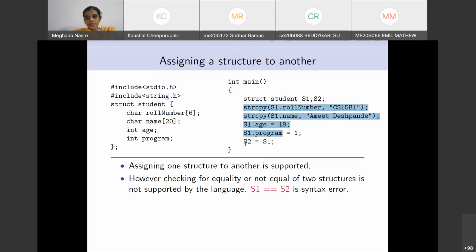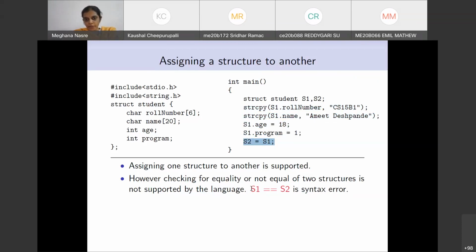And then in S2, everything that is there in S1 will get copied. So when you access S2 dot age, it will in fact be 18 if you do it after this statement. S2 dot program will also be equal to 1 because you have set S1 dot program equal to 1.